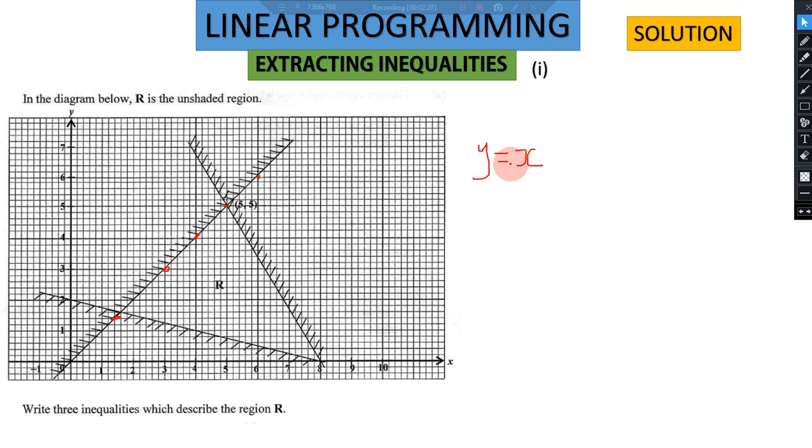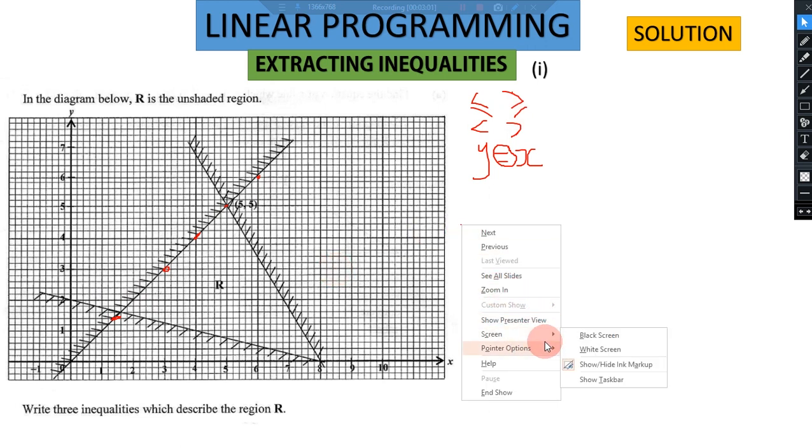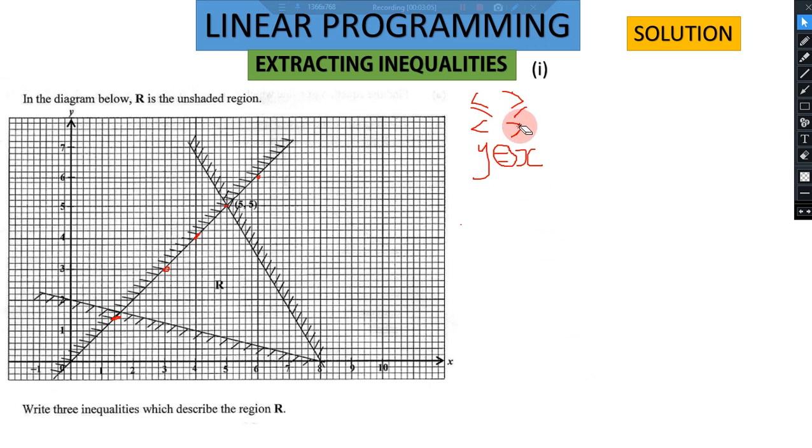Now this is not an inequality because it has an equal sign. So we need to change this sign into an inequality, where we can only use greater than or equal to, less than or equal to, or a greater than or a less than. These 4 signs are the ones that we can use. Now, coming back to this, the line that has been drawn here is a solid line. Since it's a solid line, it means we can only use the first 2. Now between those 2 signs,